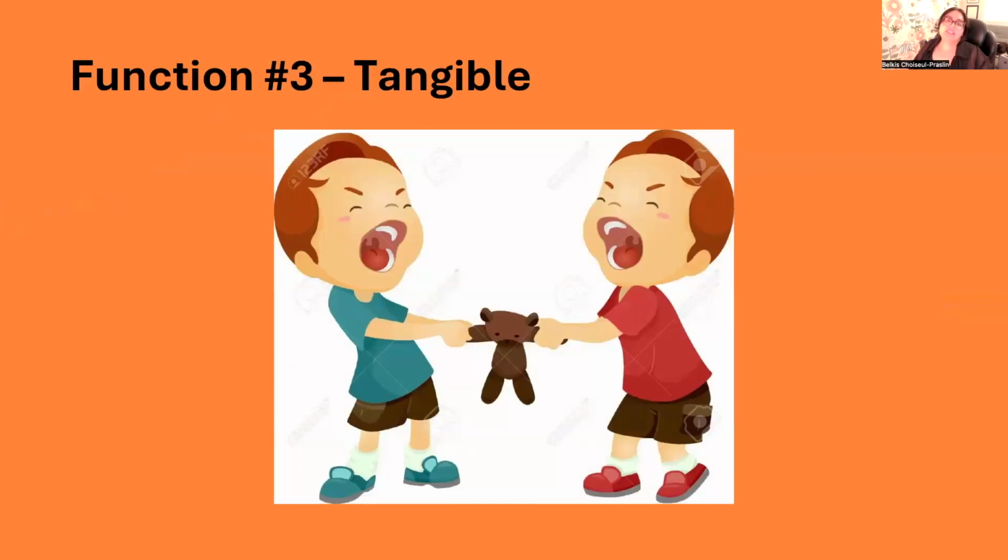The third function is access to tangibles. And by tangibles, we mean things we want. It could be a toy, a snack, a seat, a turn, a tablet, anything. The important thing to know is that the behavior is happening because the student wants access to a specific item